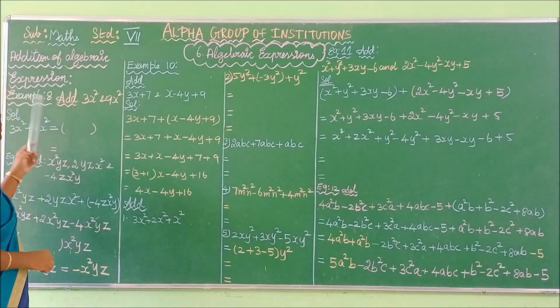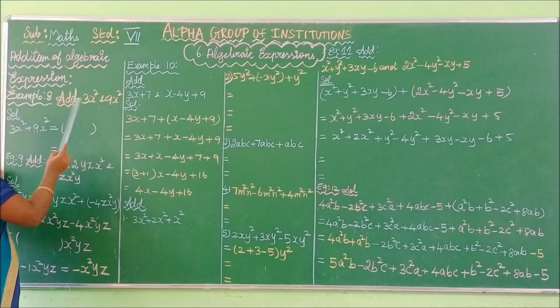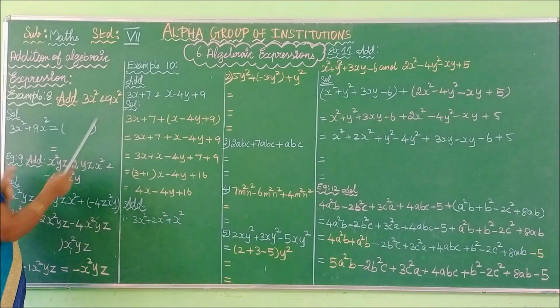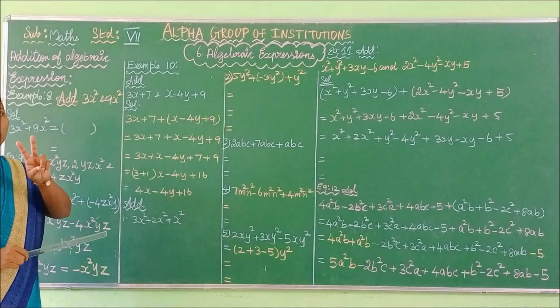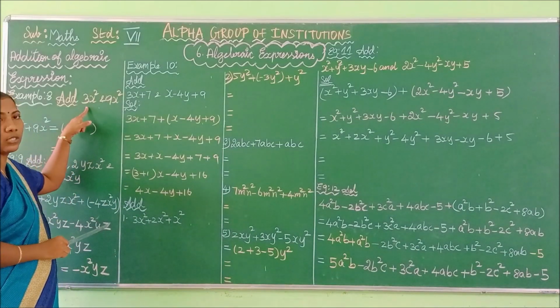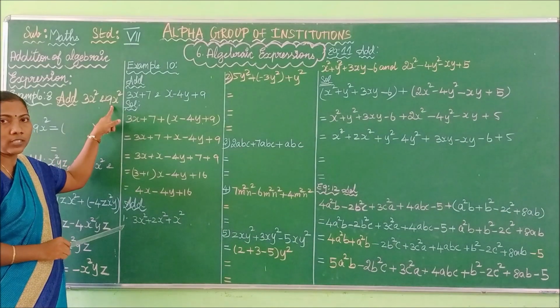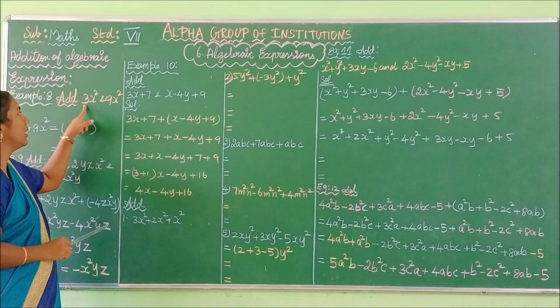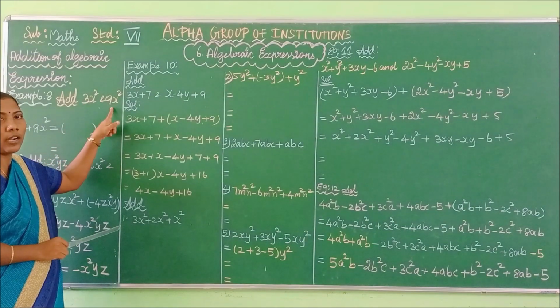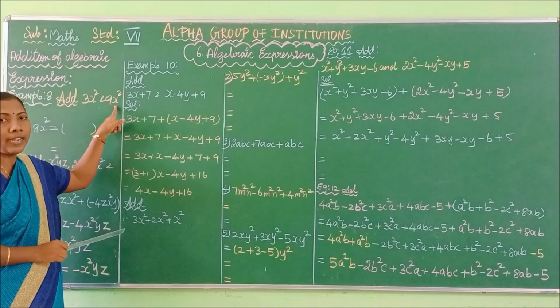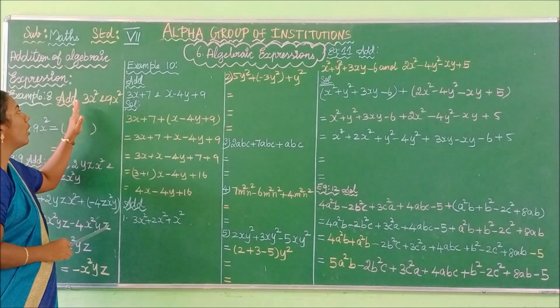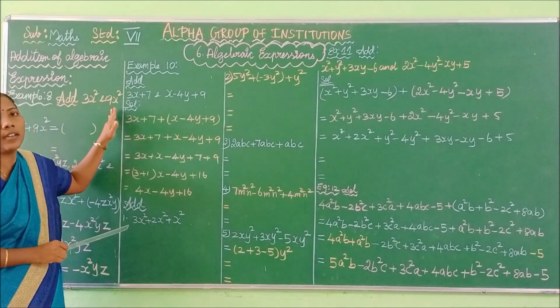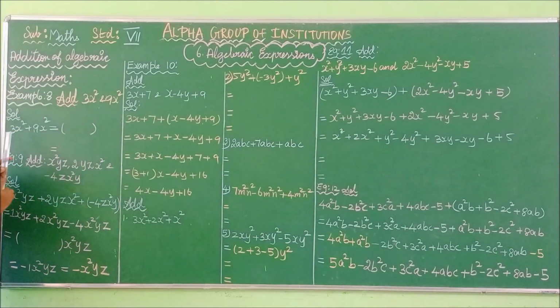See the first one. Example 8. Add 3x square and 9x square. We are given two algebraic expressions. One is 3x square and another one is 9x square. Each expression has only one term, that is 3x square, and the second expression contains only one term, that is 9x square. That is, we have to add 3x square and 9x square. So you have to write in the solution: 3x square